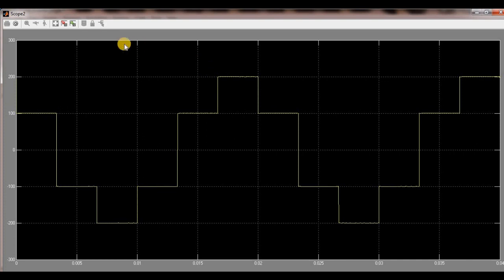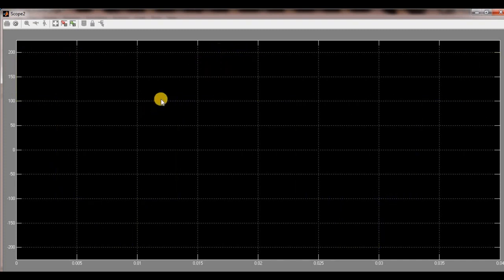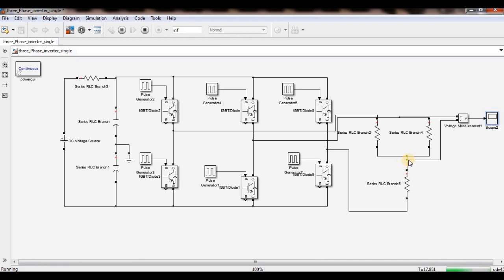See, I am getting this kind of output, because I am getting 200 volts. The peak is 200 volts, and up to 100, one step, and after that one step. See, because there is no ground here, I have not connected any ground. If you connect ground, then this ground and this ground will be indirectly connected. So whenever the switch is on, there is no need to switch on another switch. The current will flow through this switch and resistance and ground from this.